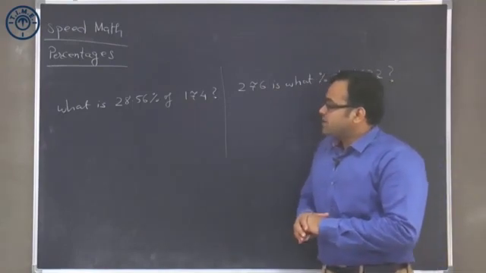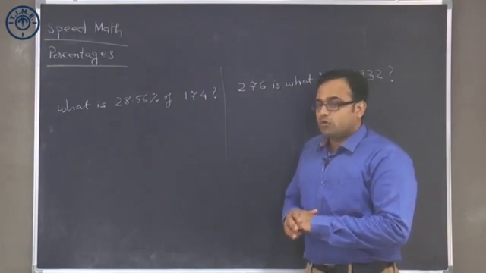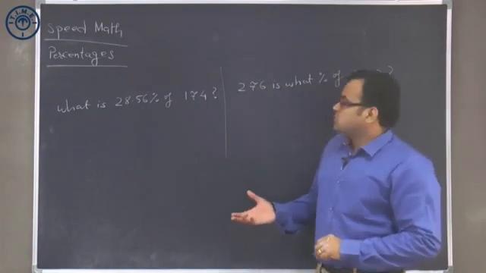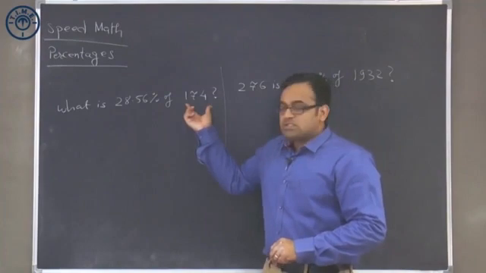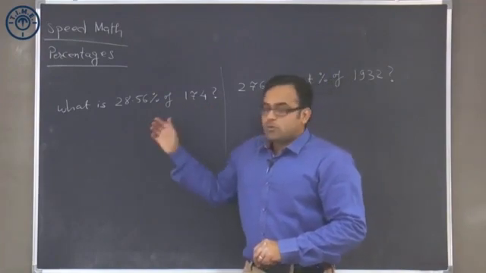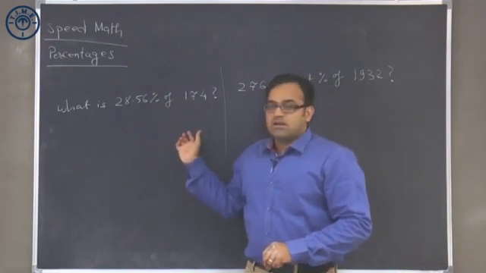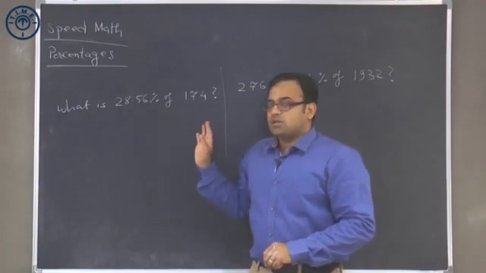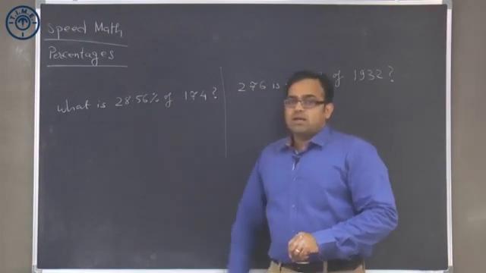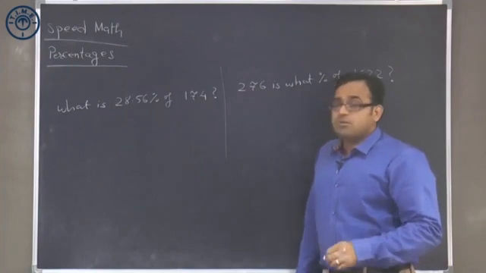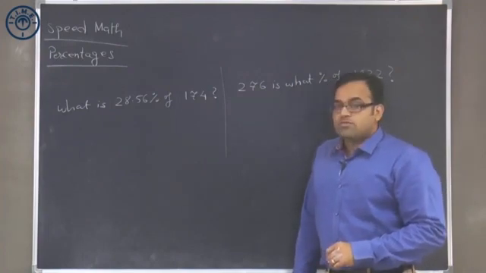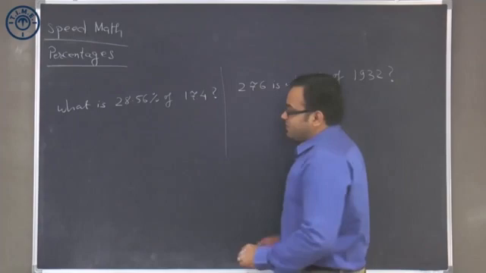What is 28.56% of 174? One method of going about this could be, you could actually take up 174 multiplied by 28.56 divided by 100, and you try to do the actual multiplication calculation, and with that you will get at the answer. That will be quite cumbersome, will take a lot of effort. If we identify that